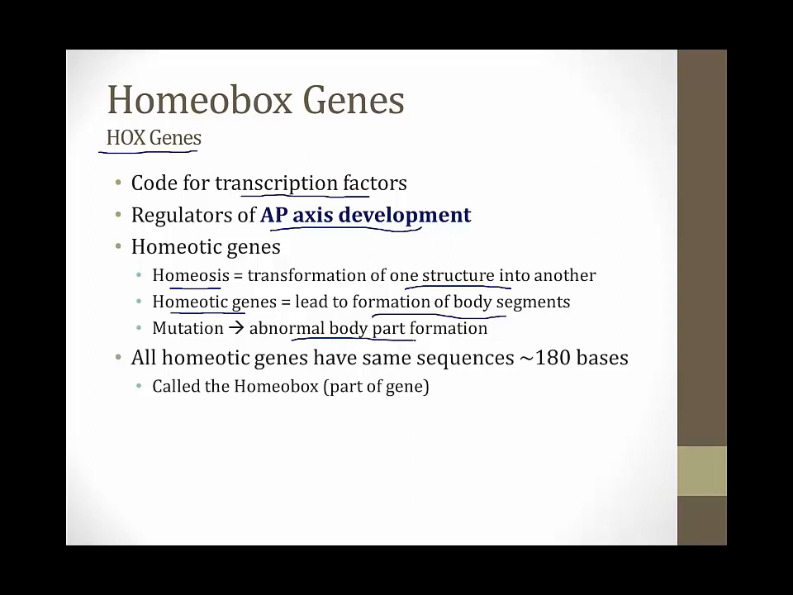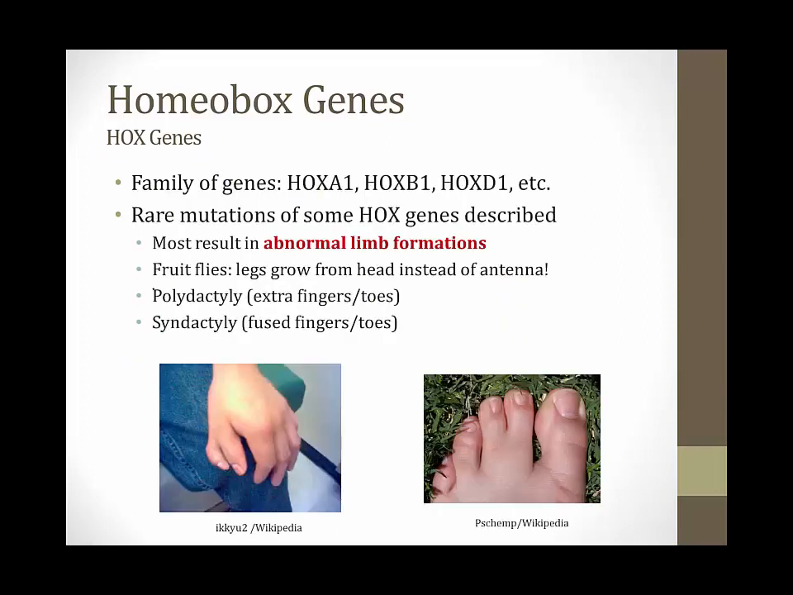And it turns out that all of the many homeotic genes that have been described have similar sequences of about 180 bases. This sequence is called the homeobox. It's part of the gene, and therefore these are called homeobox or Hox genes. The homeobox genes are a family of genes, and they have names like HOXA1, HOXB1, HOXD1. You can read about them in detail in your textbooks if you wish, but what you should know for the